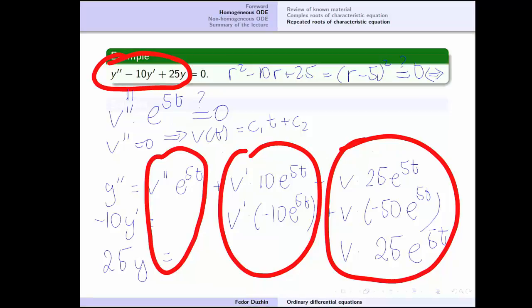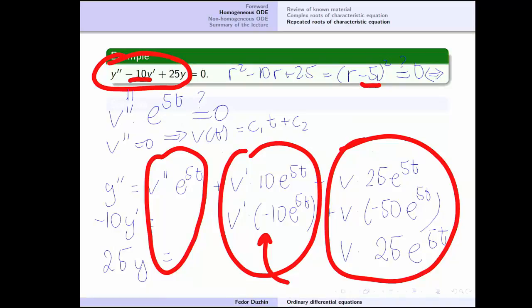The reason is, for example, if we didn't have these very convenient coefficients, minus 10 and 25, no matter what we do, the reason why they cancelled is because this coefficient minus 10 was equal to twice 2 times 5, and this is thanks to the fact that b square minus 4ac is